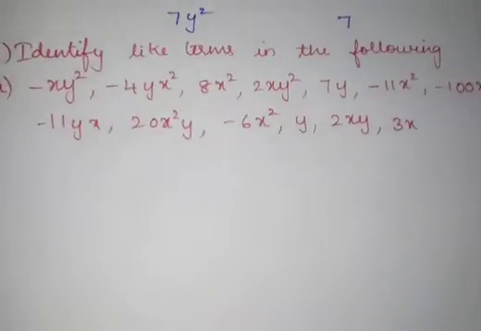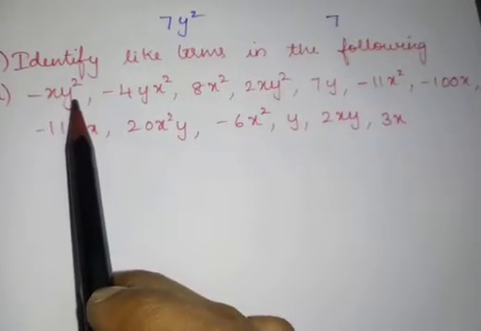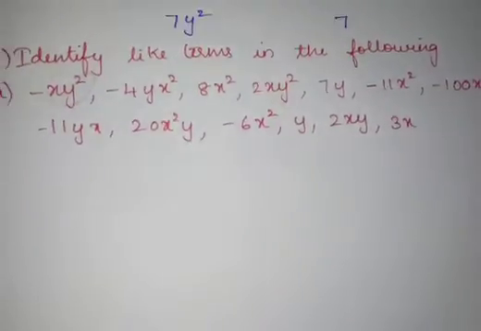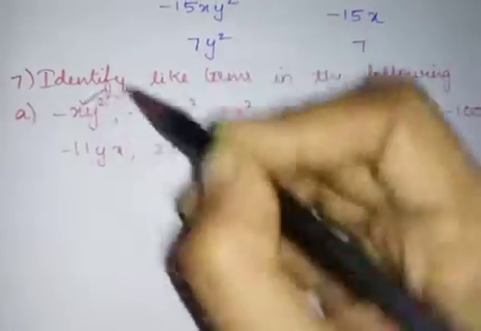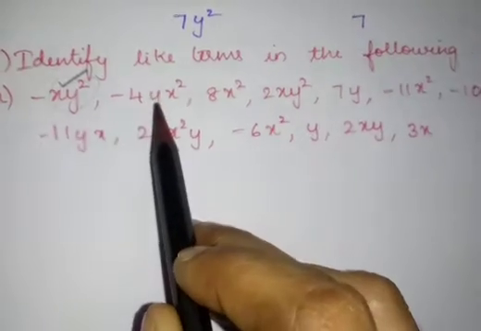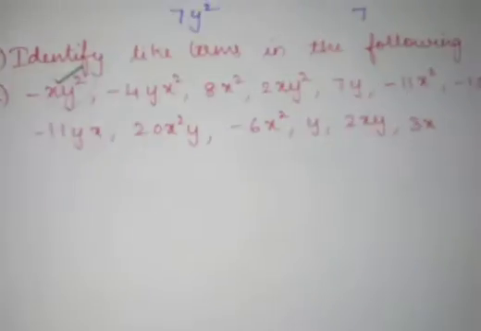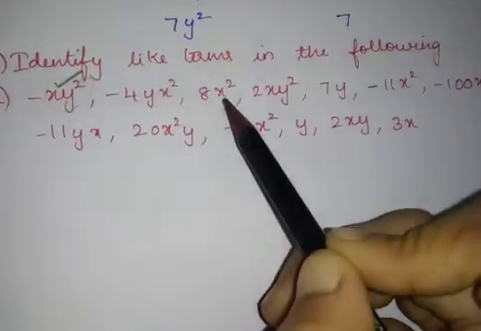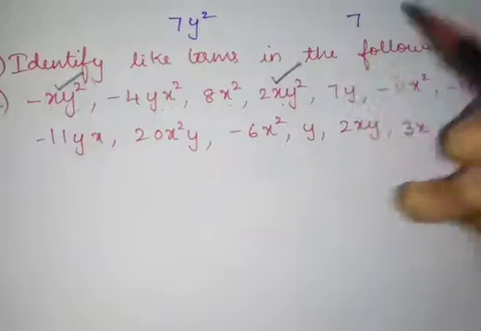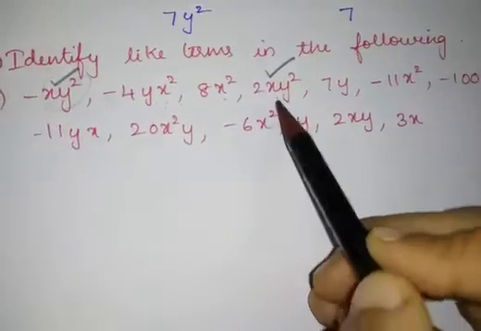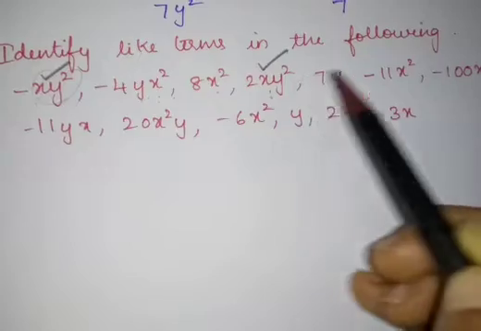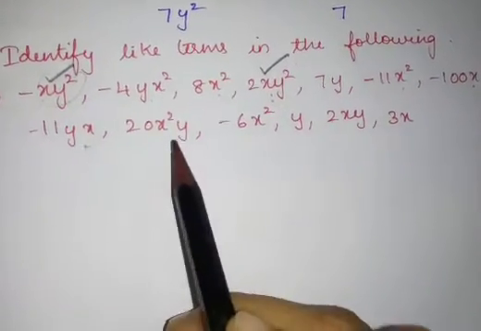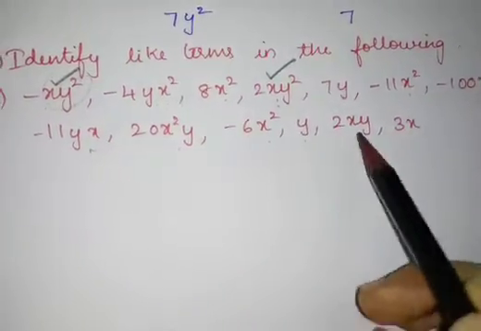First you are going to pair this. Okay. See x y square. First you check how many x y square are there. Like terms we have to pair, right? So first I will put tick for x y square alone. Whether this is same? No. Because it is y x square. So this is different. Then x y square is there. So you put a tick for this. So x y square and this x y square is same. They are like terms. The others are different.